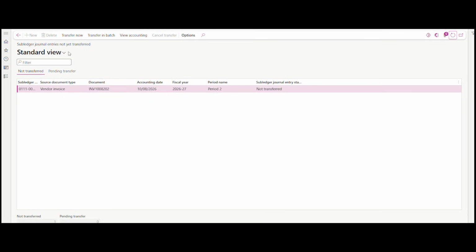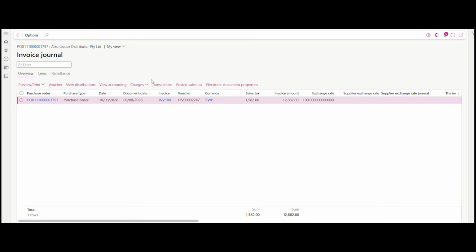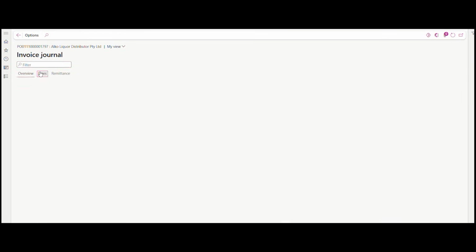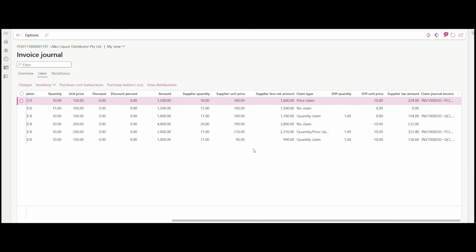Invoice has been posted. We'll see the accountings. This is the invoice, and if you go to the line values, against each line what is the claims journal and for the differences,